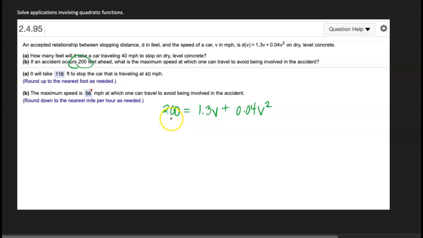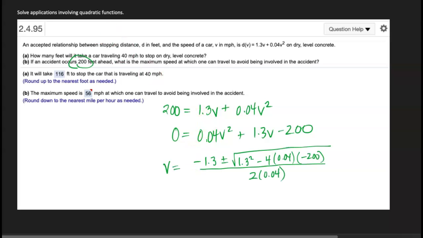Now there is one thing I need to go ahead and do though, and that's move the 200 so that I'm setting this quadratic equal to 0, and I'll go ahead and rearrange my terms so that they are in descending order, like so. Then I can use the quadratic formula. So using that quadratic formula, this is what I have. And then simplifying for the plus here, in particular, I get